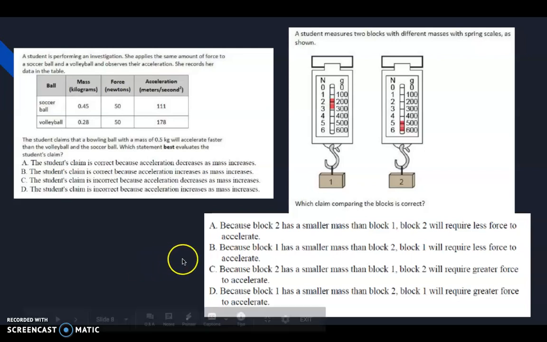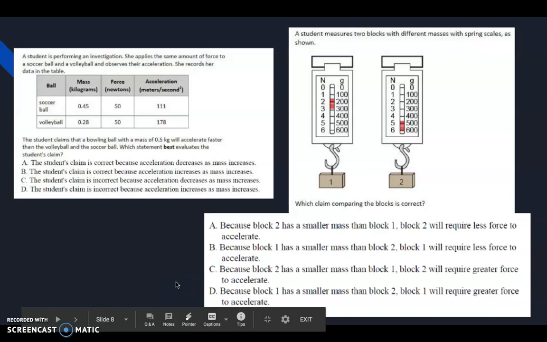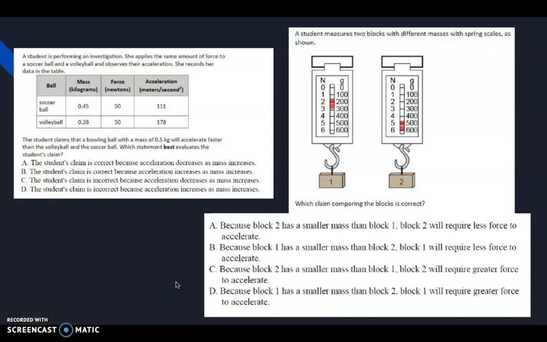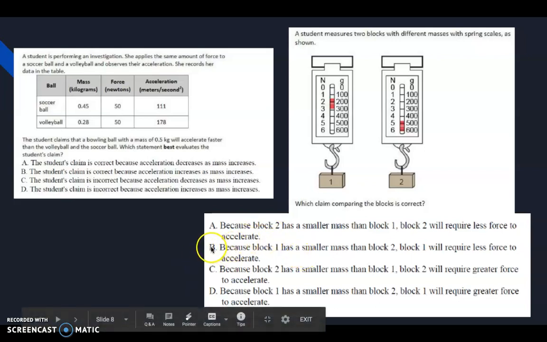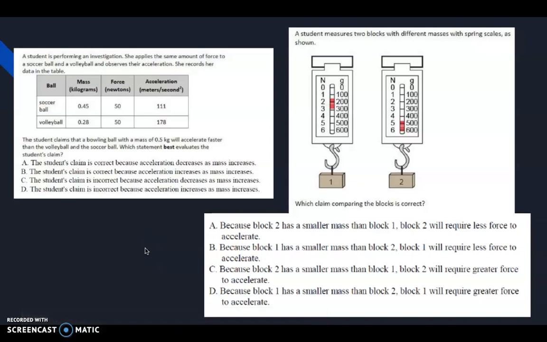Okay, so what makes sense here, especially with this information here, is that block 1 is going to have a smaller mass than block 2. Now, because of that, block 1 is going to require less force to accelerate, again, due to Newton's second law. So B is our best choice here. And so that's kind of how you can use these laws in the real world. When you see motion occur and experiencing it yourself, what about Newton's laws is allowing that motion to take